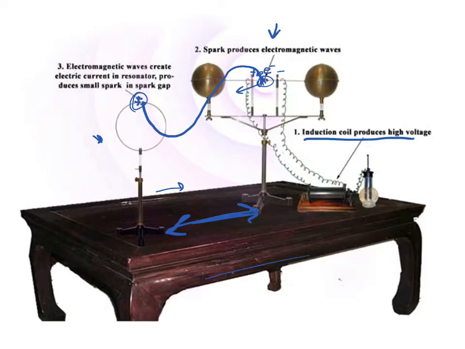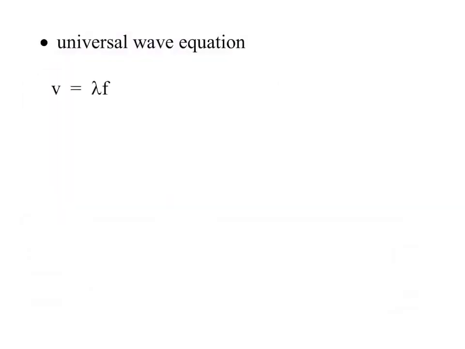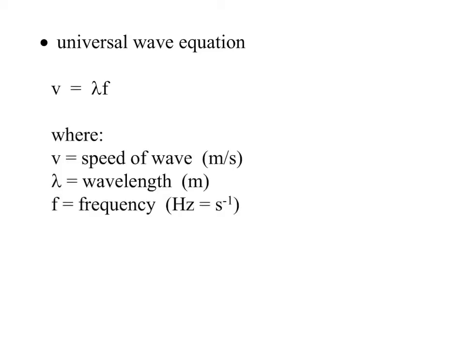So he figured out, oh, there are these things called radio waves. Well, I don't know if he named them, but basically that's what he discovered there. So this led him to the universal wave equation. You did use this in Physics 20, but now we're going to be using this in the context of electromagnetic waves,